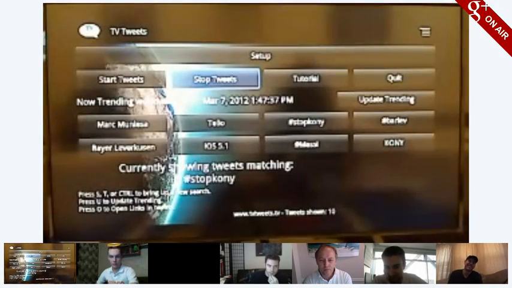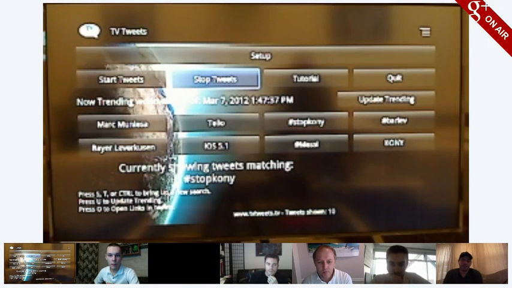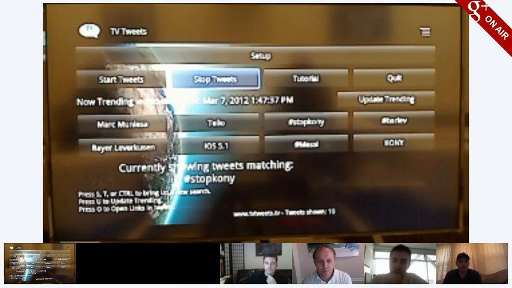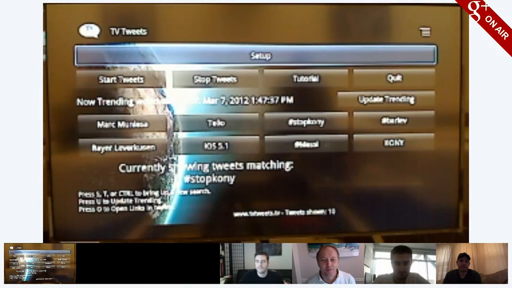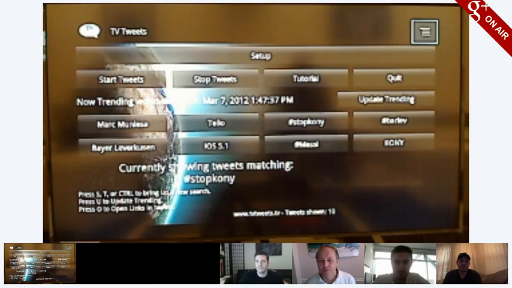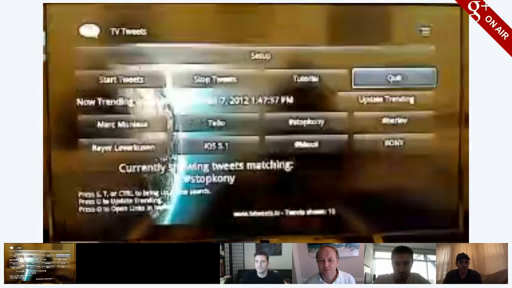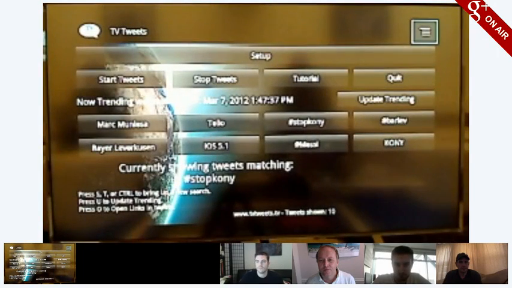When we looked at this earlier, the first thing that came to mind was there should be a way to make this simpler. There's a lot of buttons on the screen right now. I would encourage you to test this with your in-laws. See if your mother-in-law can figure out how to use it. That's usually a good test. I think the one thing that confused me is there is a setup and there is a menu on the top. So the menu does some things. The setup does... Actually, this is interesting too.